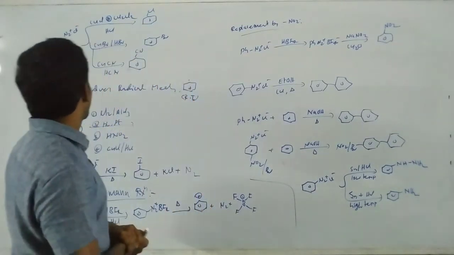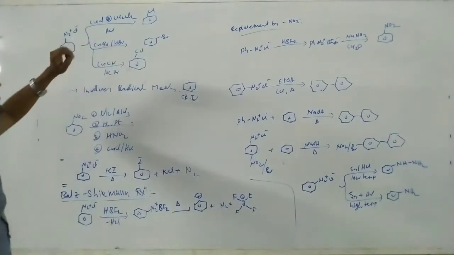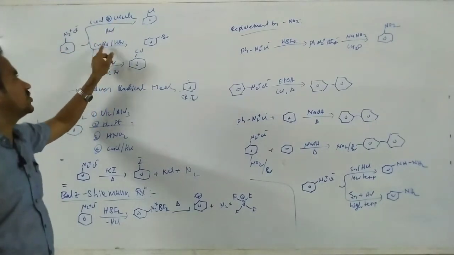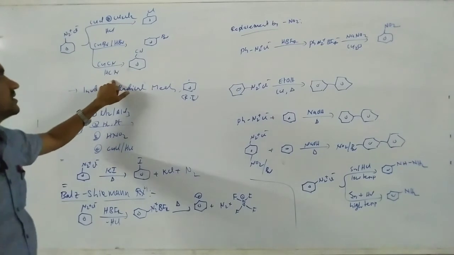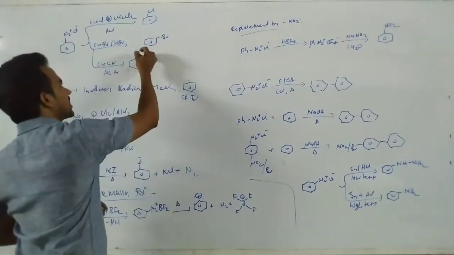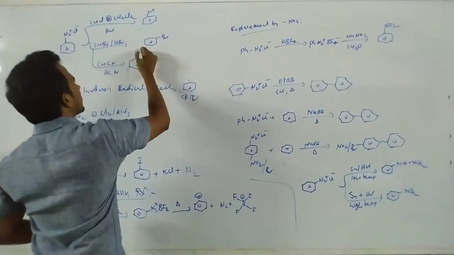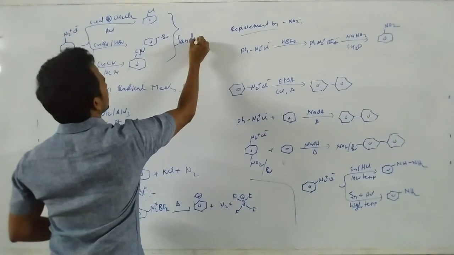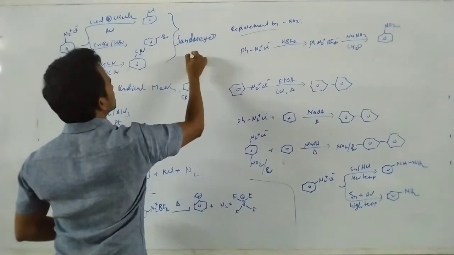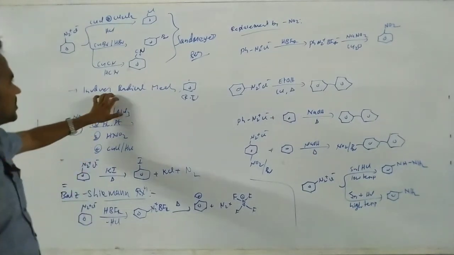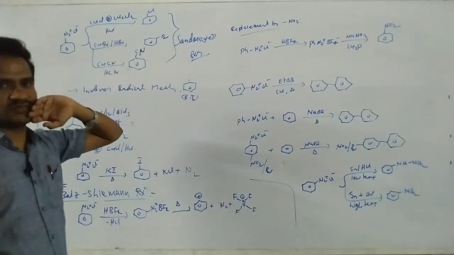Okay. So again, diazonium salt. I'm treating it with CuCl, HCl, CuBr, HBr, CuCN, HCN. So again, chlorobenzene, bromobenzene, cyanobenzene. Okay, this is the cyanobenzene. This reaction is known as the Sandmeyer reaction. Already you know this reaction, the Sandmeyer reaction and Gattermann reactions. Okay? This one also involves a radical mechanism.